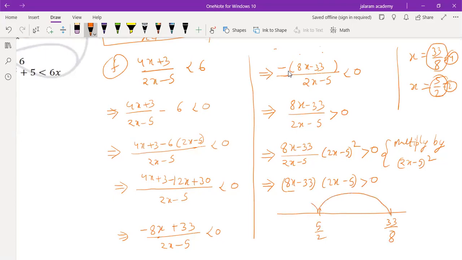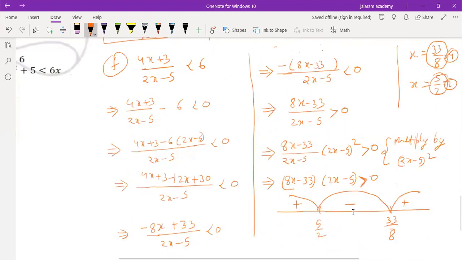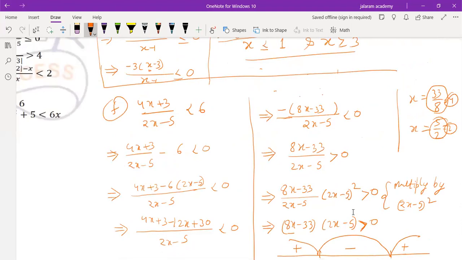Now I have told you that it always starts with plus, then minus, then again it is plus. Is that clear to you? Yes, sir. So what will be the result then, as we have to find greater than 0? In your solution, check it. You have written it as less than 0, which is not correct. This is less than 0 as you have not taken minus common from this. Is that clear to you? In this line, you have taken minus common.